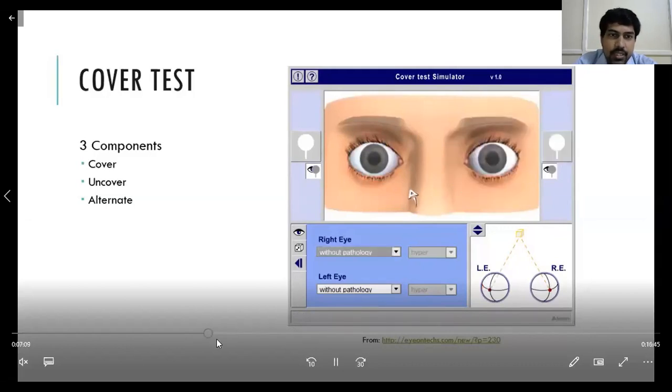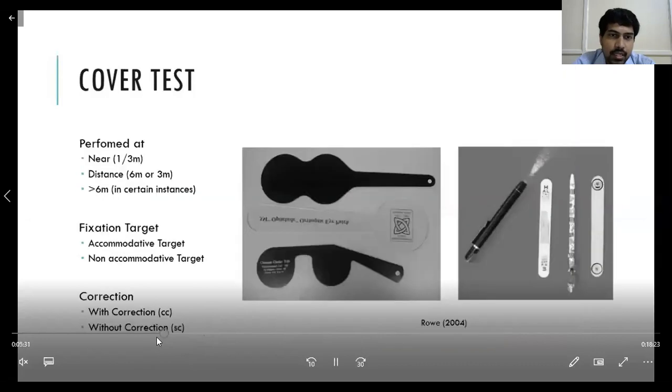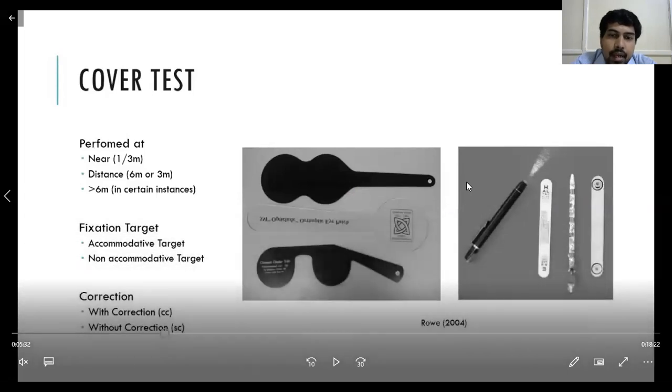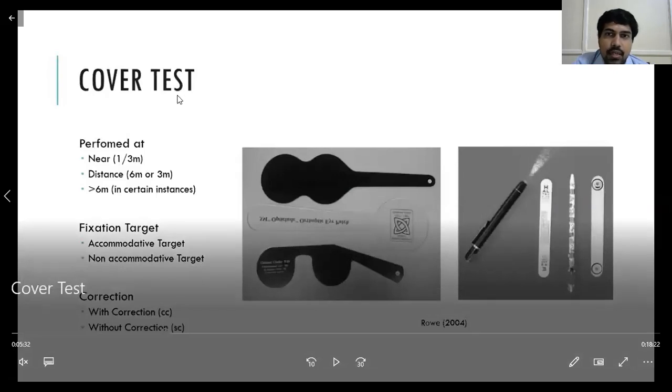So here basically we'll be covering from here. So there is a thing called cover test and uncover test. Basically, I told you heterophoria and heterotropia. In heterophoria, it is a latent squint. In latent squint, both the eyes are looking straight, but it might be having some pathology, which will express outside only when we do some tests. So what are the tests, sir? Cover test, uncover test, and alternate cover test. These will be done with a near and a distance.